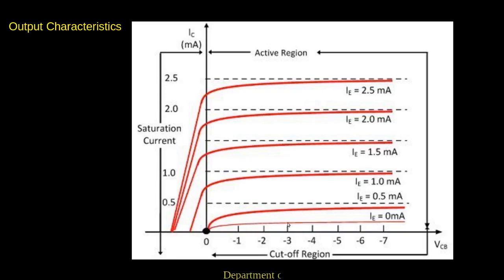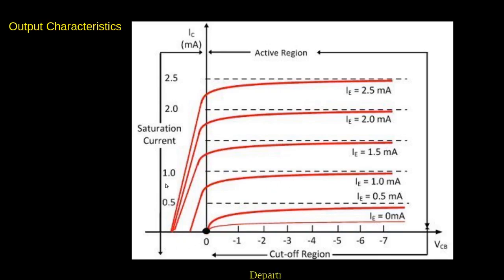Below the zero current, that is the emitter current, the transistor operates in the cutoff. As we are increasing the 0.5 current at the emitter side, a small change or increase, there is an increase, and then the IC remains constant like this. But if we are increasing more current, that is the 0.5 milliampere at the emitter side, what happens? The transistor operates in the saturation region initially and then goes to active region like this one.